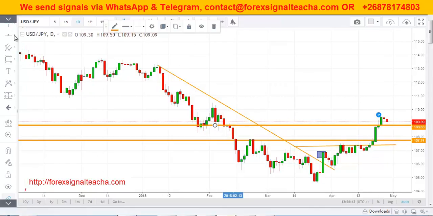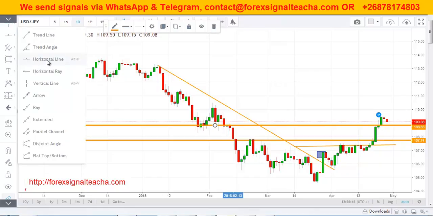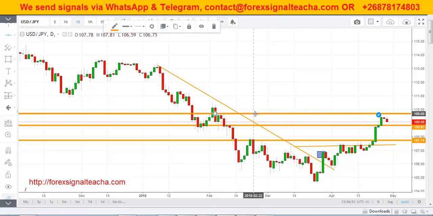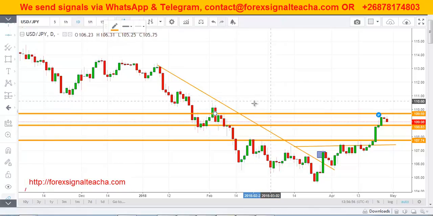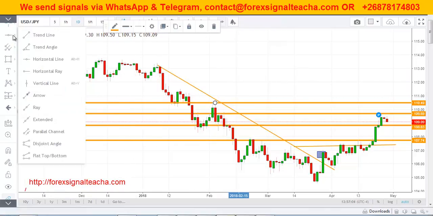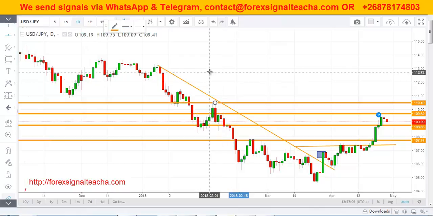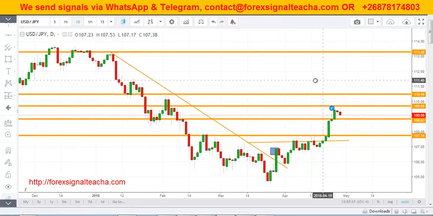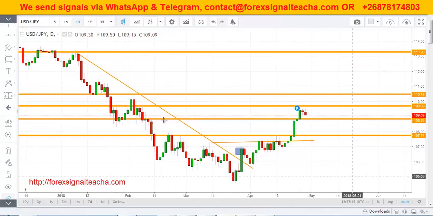up. This is for next week. I'm talking about next week. We are looking forward to it going up and breaking this one, and also going ahead and keep on breaking the previous resistance. So our target price here, it might continue until it touches here, and then we'll end up having a double top. That's when we'll be expecting it to go back down after it has touched some of these previous